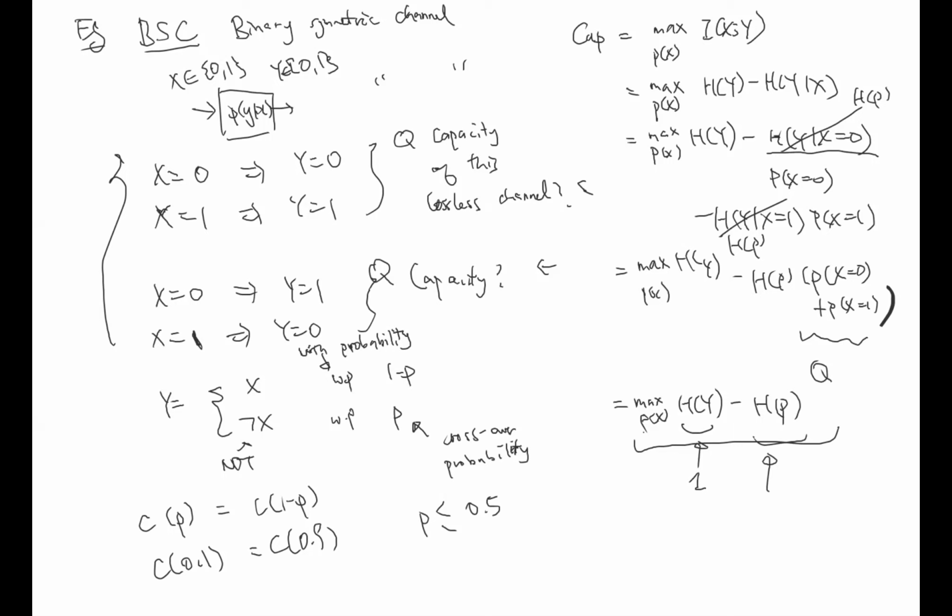Okay, look at the setup again. I have some x here, this x is out of this distribution p(x), and then I go through this p(y|x), and then I have this y here. This y given x is just this binary symmetric channel. Now you see that if I have the x,